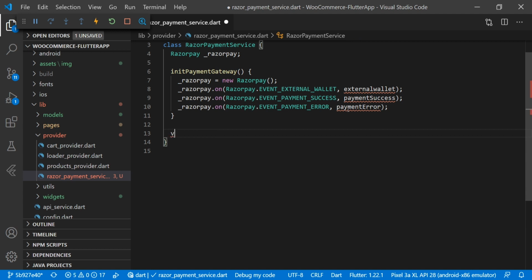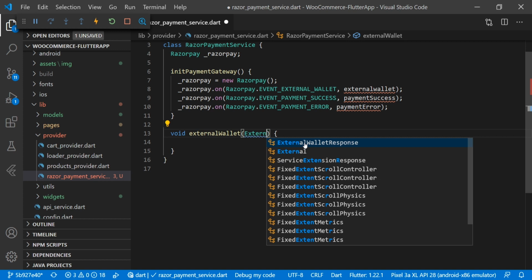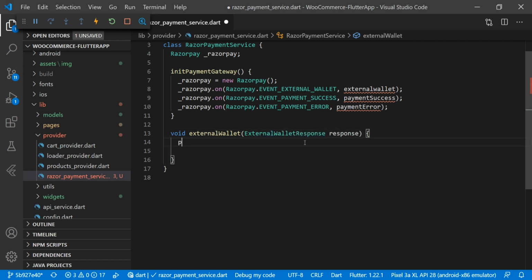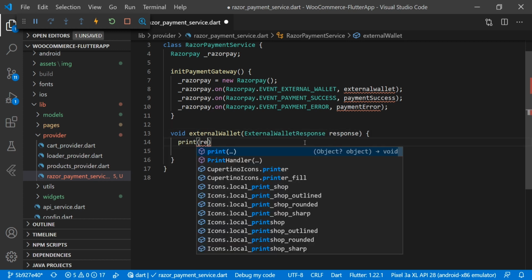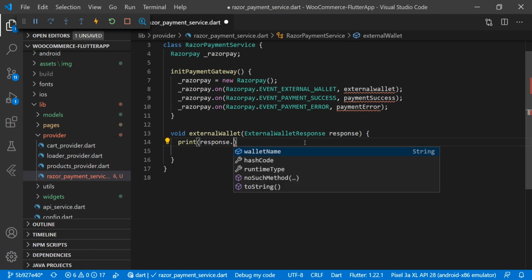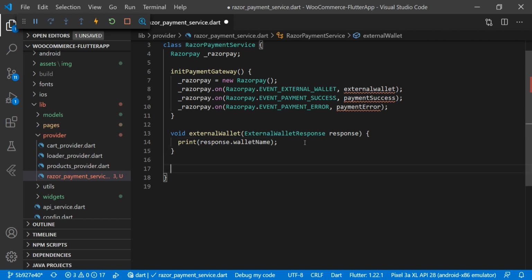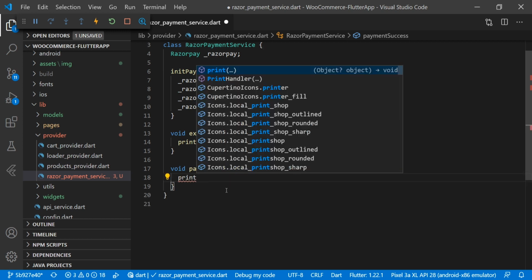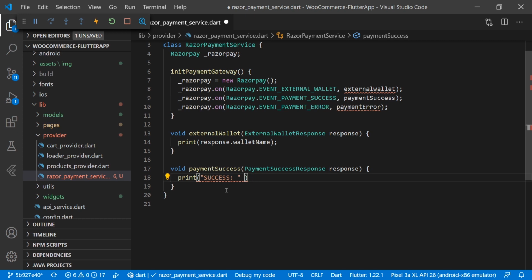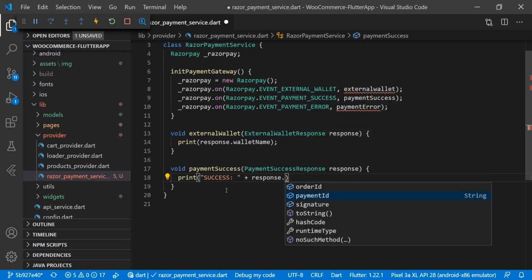Now we create a void method for external wallet, passing the ExternalWalletResponse parameter, and we print the response.walletName. Then a void method for payment success response, where we print success along with response.paymentId.toString().